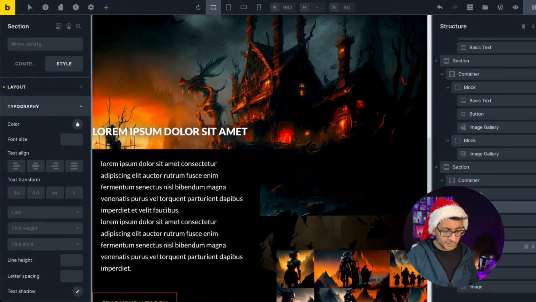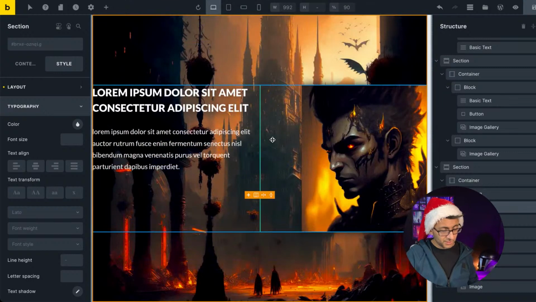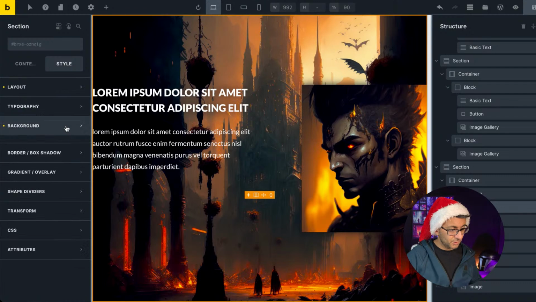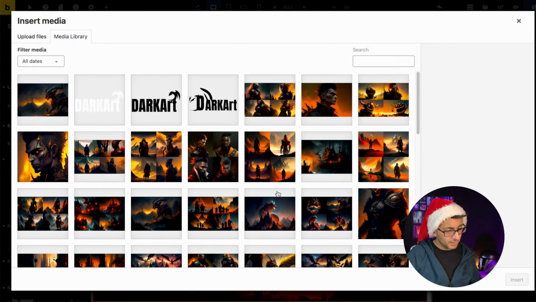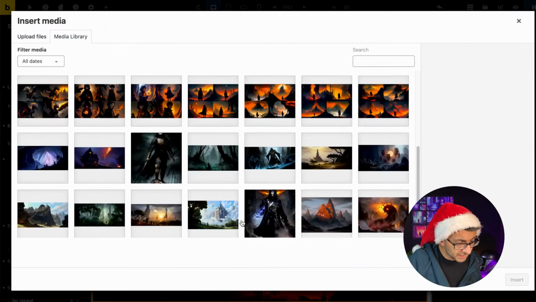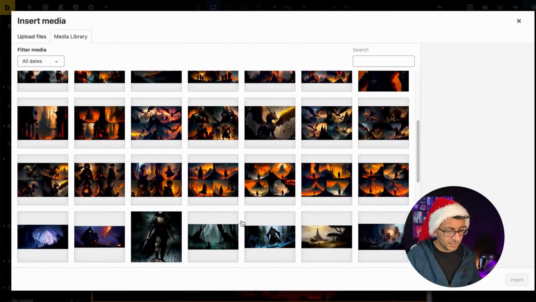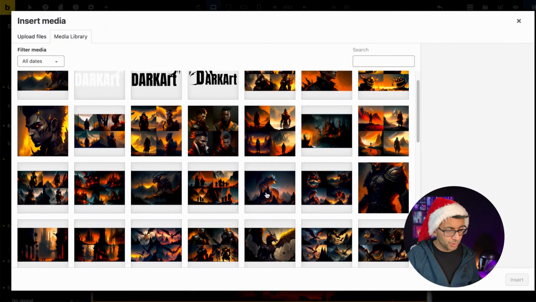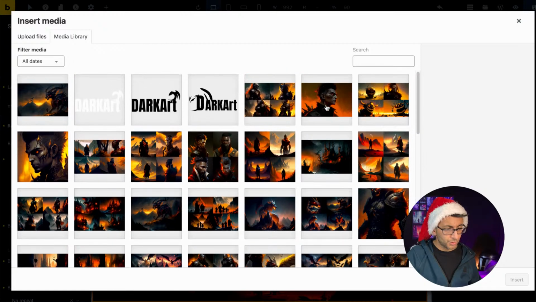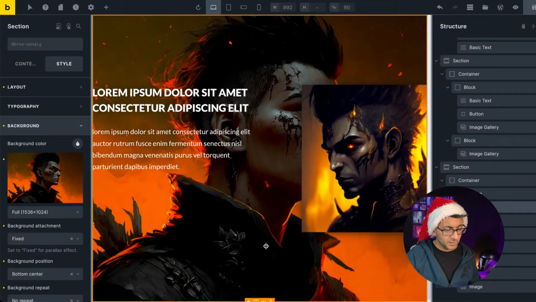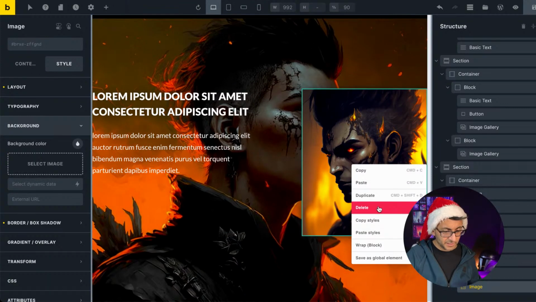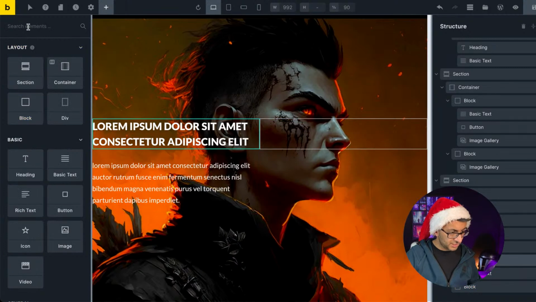Minimize all of that. Go down to this section and we're going to make the background over here be the final image. And the final image we're going to go for actually is going to be this one here. We're going to have a face like that. We are going to get rid of this image here, right? We're going to change this to be